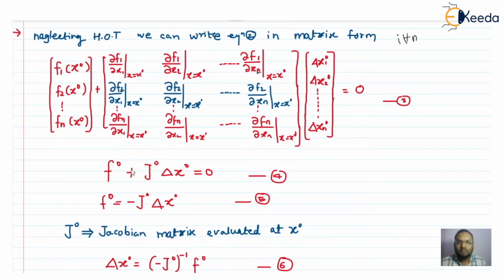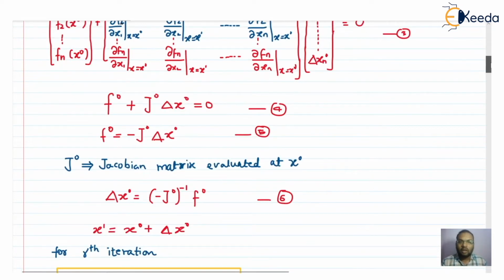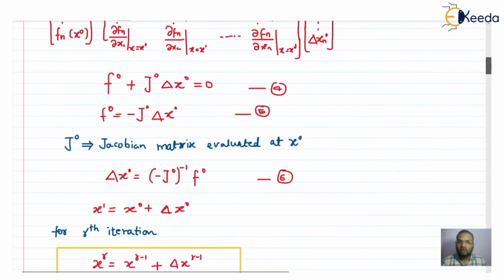What I'm doing here is rewriting this equation as f naught equals, if I shift that term, of course it becomes a negative sign, j naught del x naught. The power 0 indicates these are calculated on the initial assumed variables, that is, at the initial assumptions. Now,